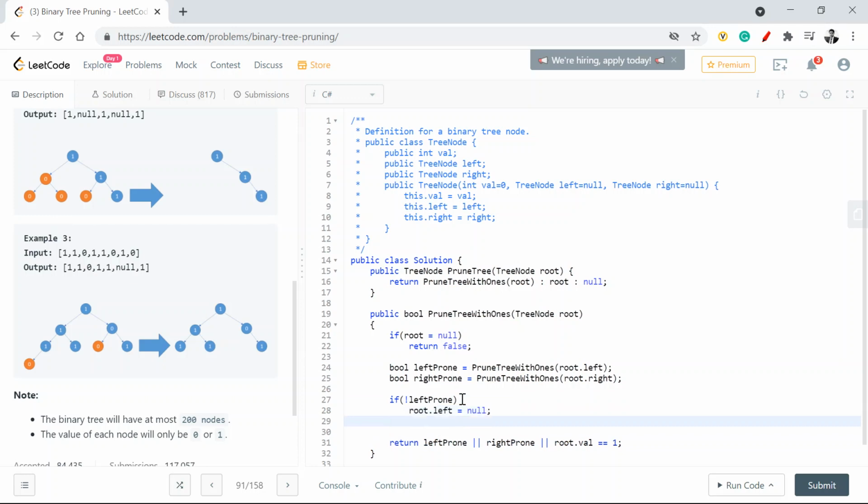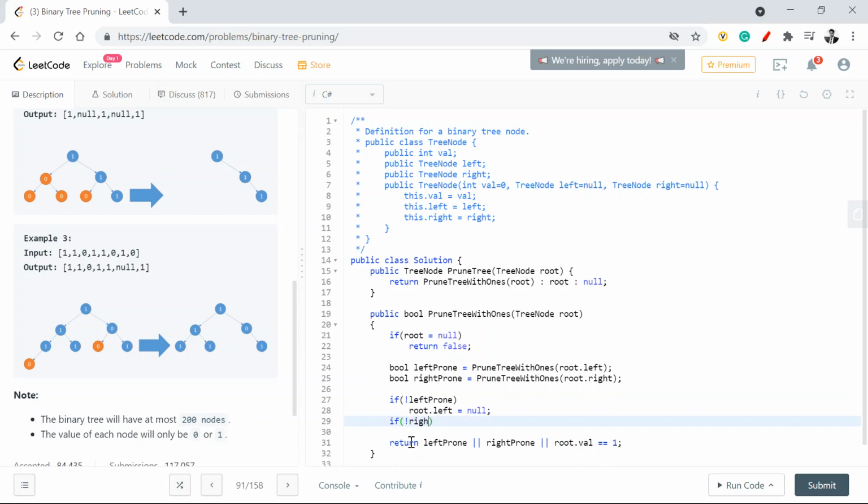So what is telling me, when I call this method with root dot left and it turns out that it is returning false, that means it is not having any ones. Because if it comes down below, it is not having any left node which is 1, it is not having any right node which is 1, and it itself is not equal to 1. In these three scenarios, I'll mark that left node to be null, and similarly for the right node.